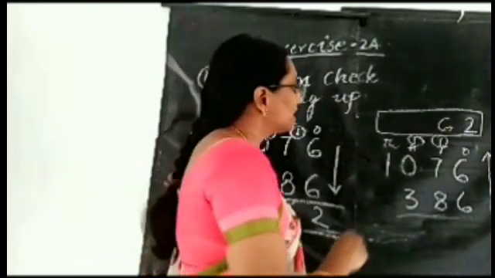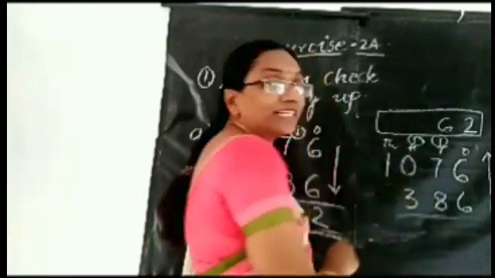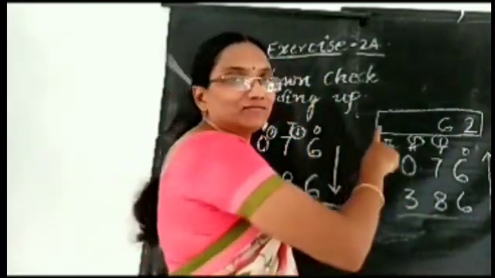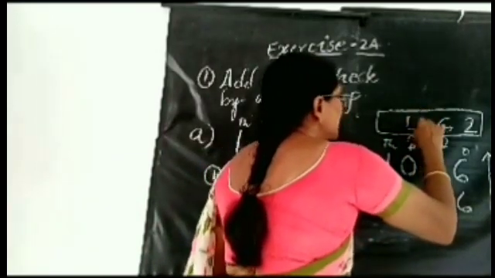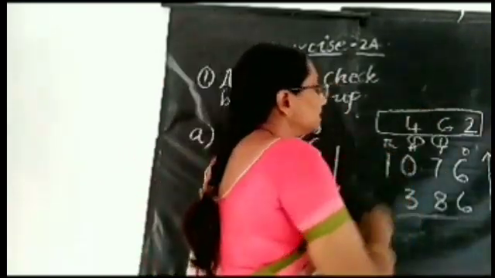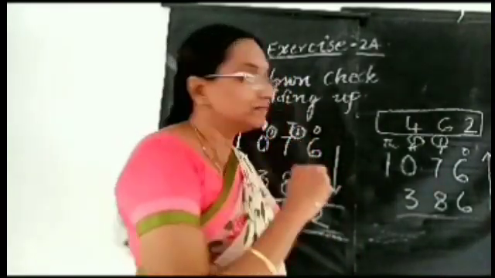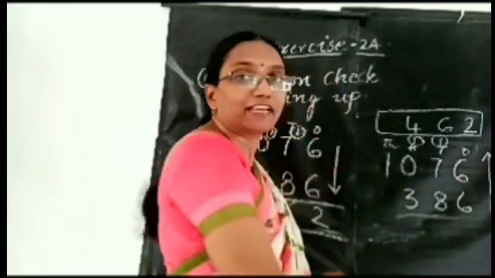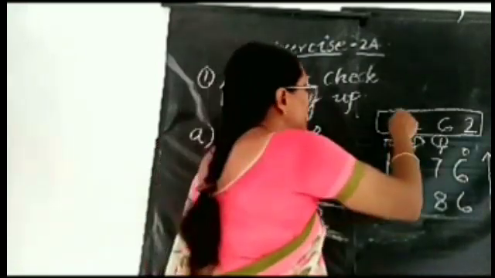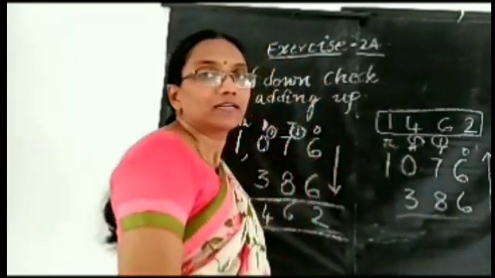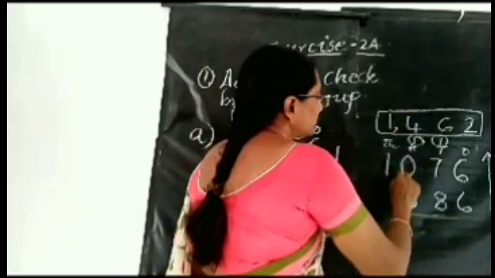Okay. Now see the next one. 3 plus 0 is 3. 3 plus 1, 4. Write 4 in the same place, the hundreds place. Now here the thousands place. No other digit. Only 1. 1 plus nothing, nothing means 0. 1 plus 0 is 1. Write it as it is in the thousands place. What is the sum here?